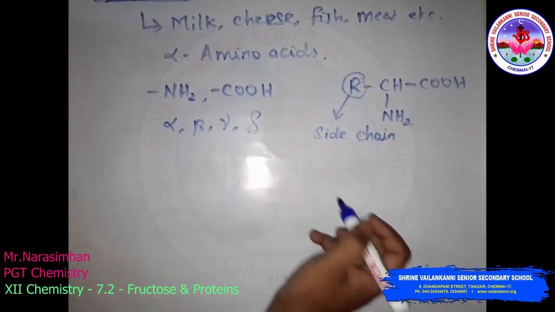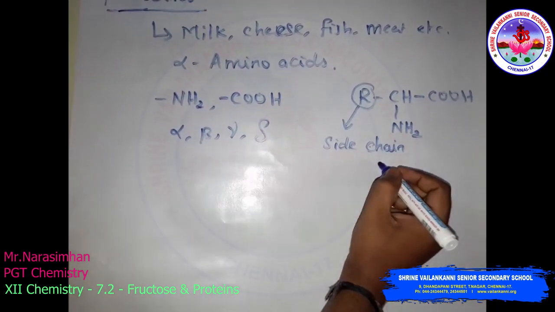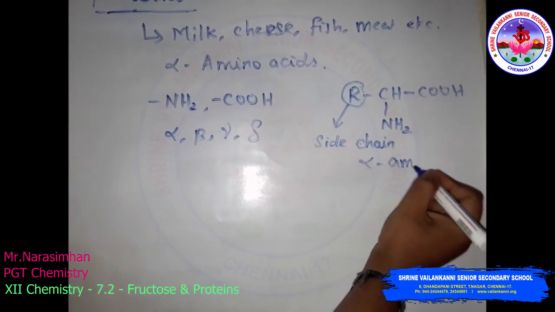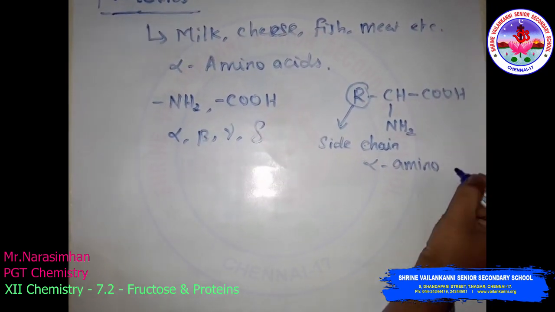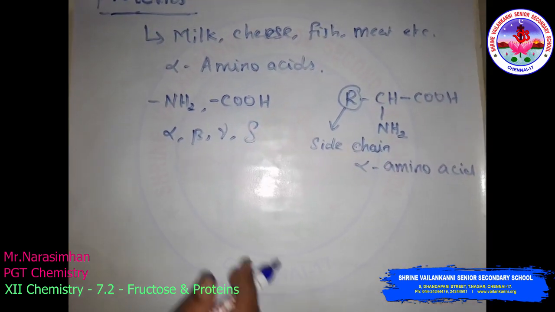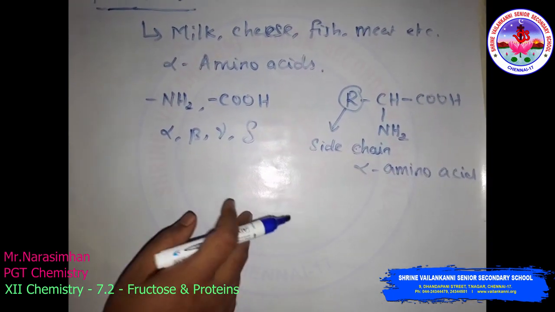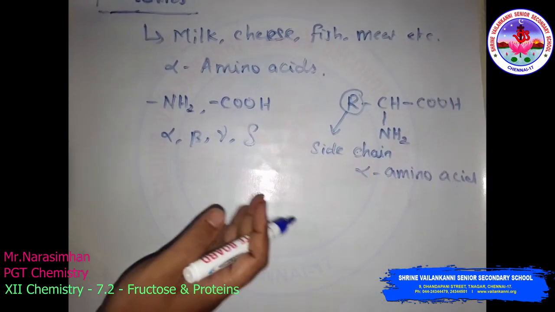This is a side chain. The R is a side chain. So this is called an alpha amino acid. Here the alpha amino acids have trivial names, which usually reflect the property of that compound